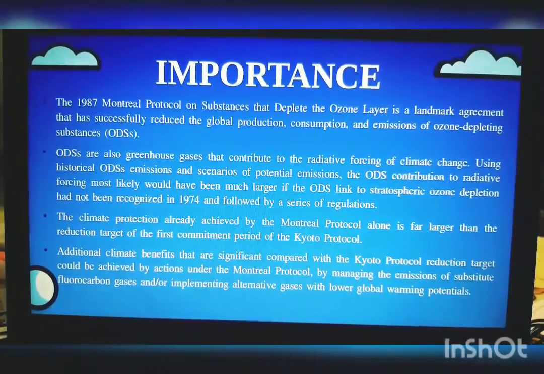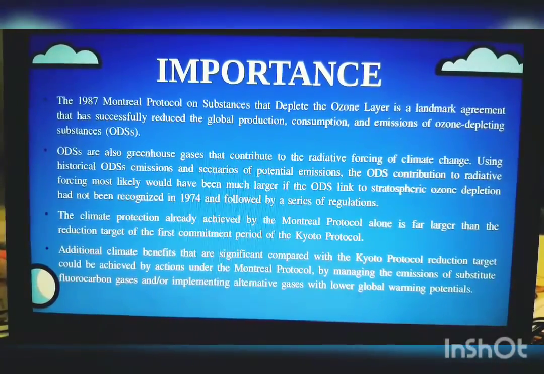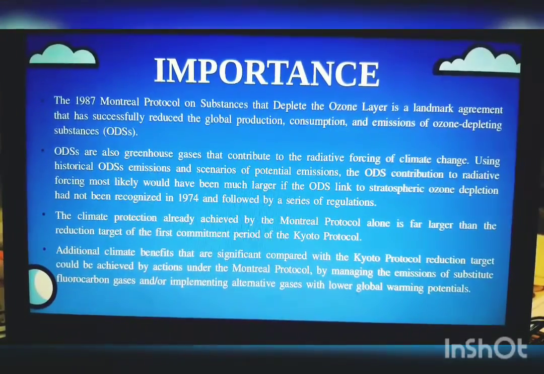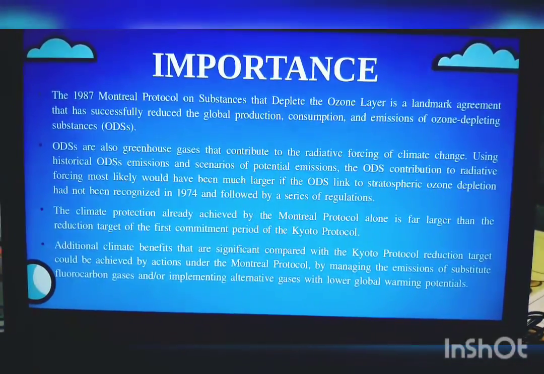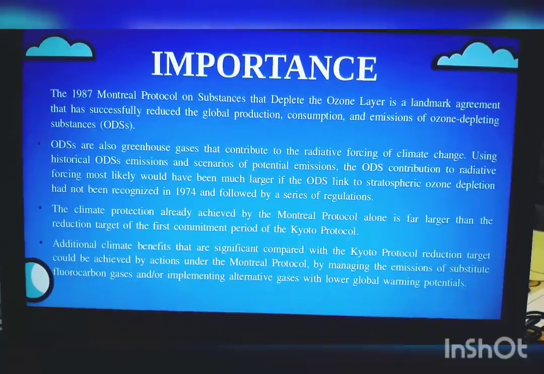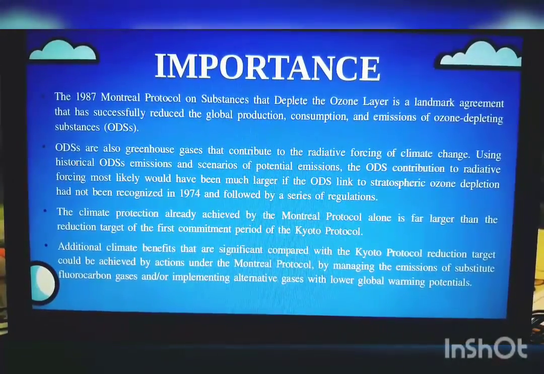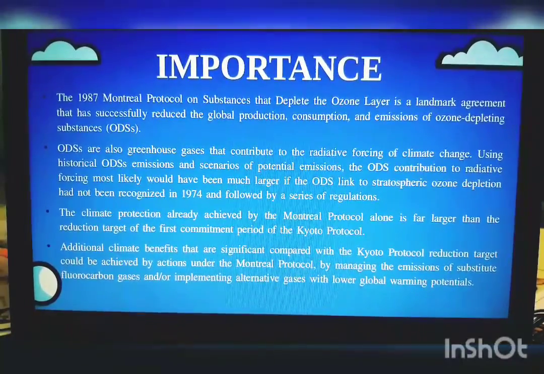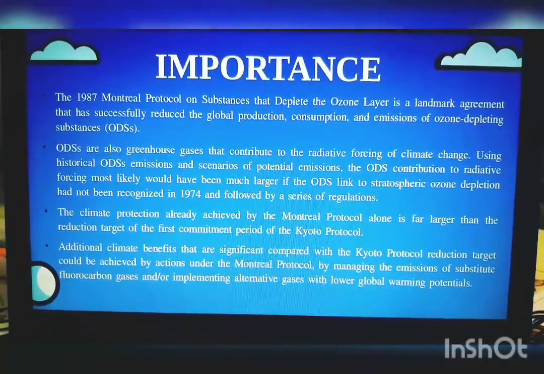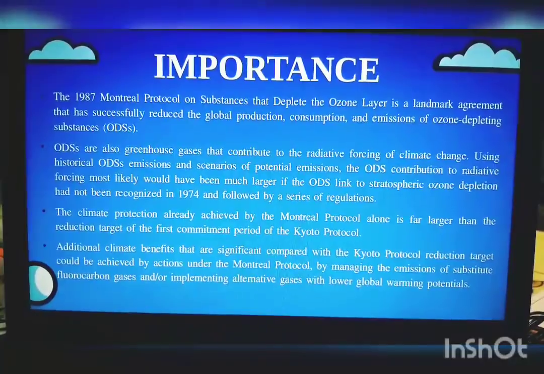Using historical ODS emissions and scenarios of potential emissions, the ODS contribution to radiative forcing most likely would have been much larger had the ODS linked to stratospheric ozone depletion not been recognized in 1974,